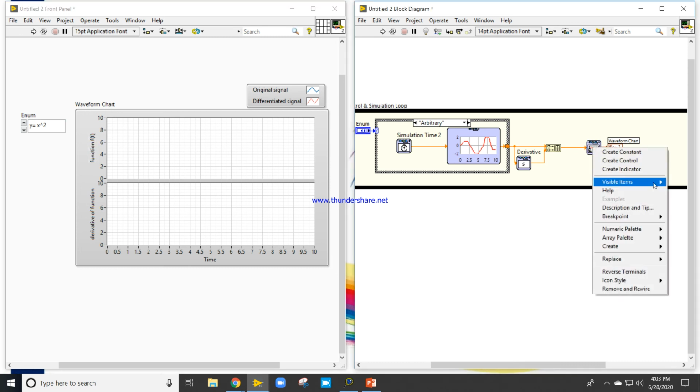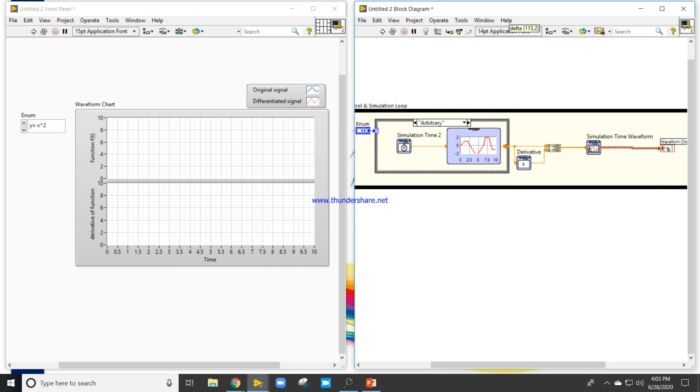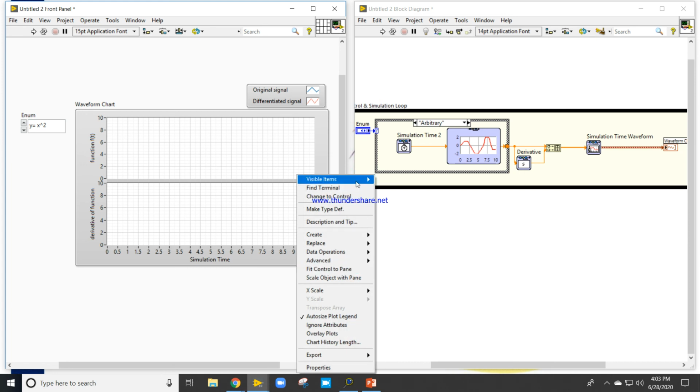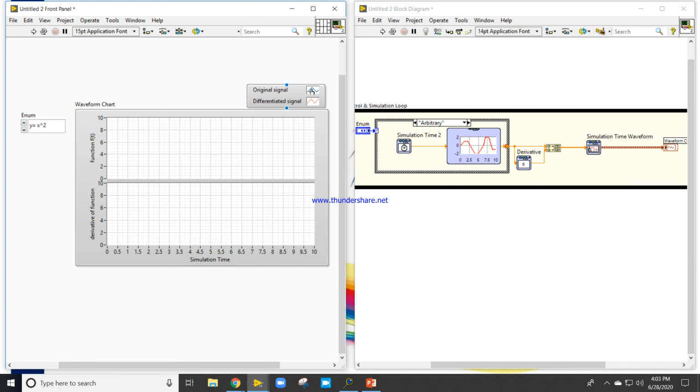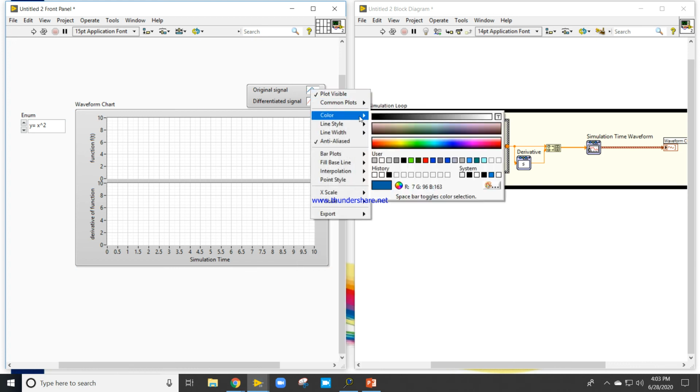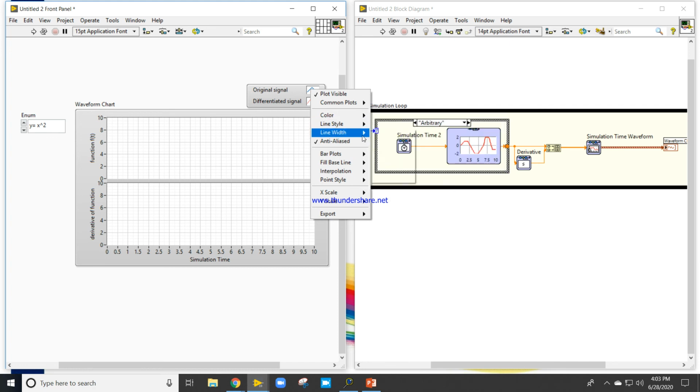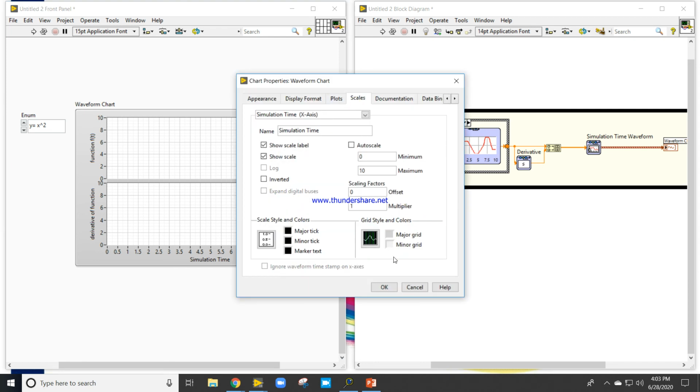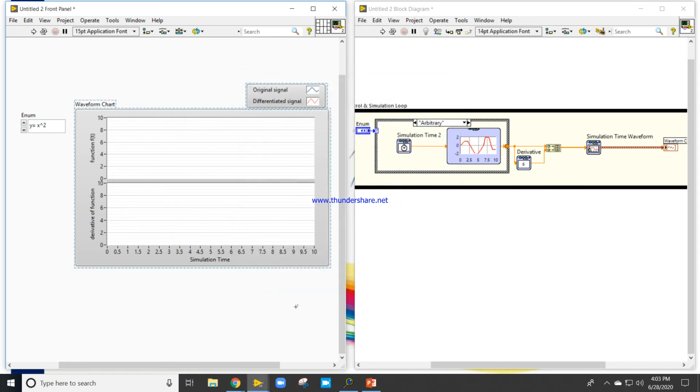I will right click, I will open the label, simulation time, right click, properties, scale, click here, click this one, okay, run.